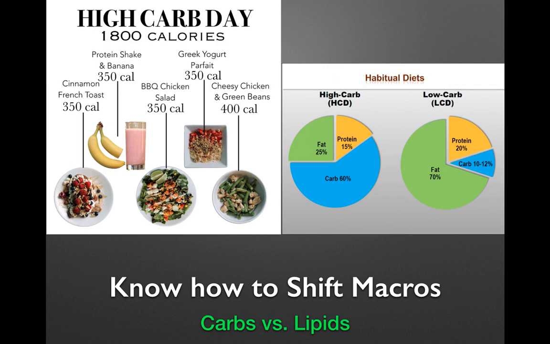Now, realistically speaking, as I see here, I didn't find a better chart. I probably should have made one myself, but realistically the protein level should be much higher, regardless of the other two levels. The protein should be at least 30%. As we keep the fat and the carbohydrates, if you keep the carbs high, you're going to keep the fat low, and vice versa.